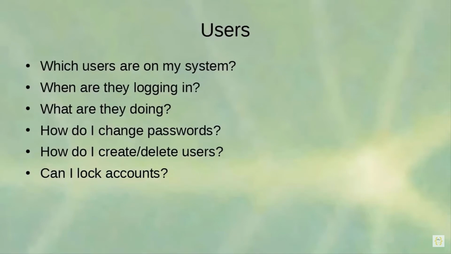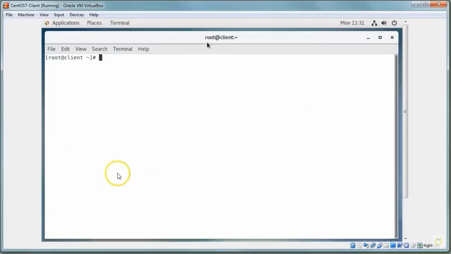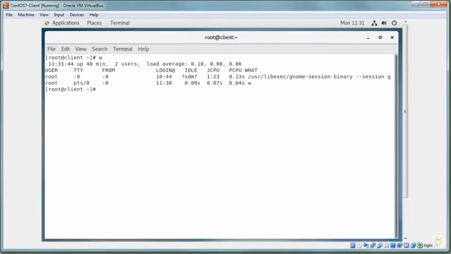So let's start at the beginning and look at a system. Here is a system fully logged in, and I can type in the w command to see which users are currently logged in. I can see that I am logged in as root. It looks like I'm showing up twice, as 2 different root users. What's really happening is that the GUI is logged in, and from within my GUI I have a terminal up and running, and inside that terminal I'm running the w command to see who's